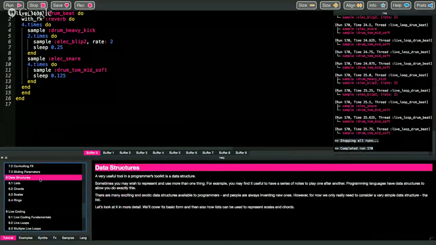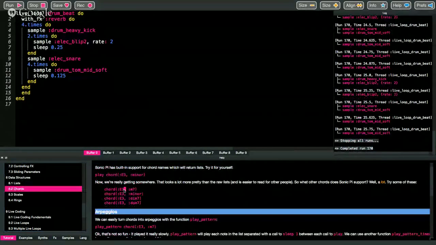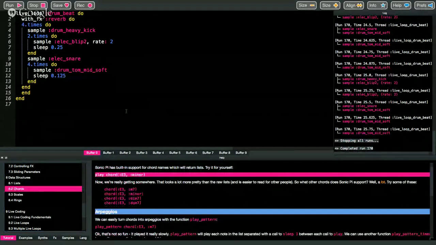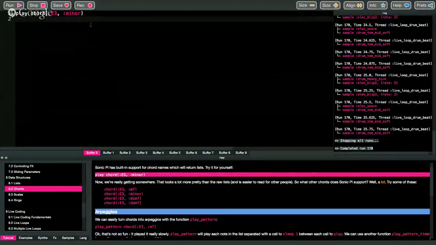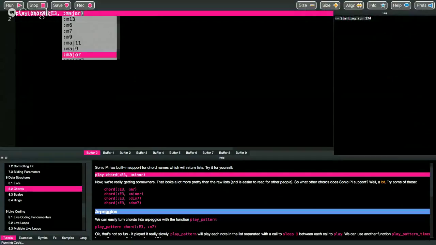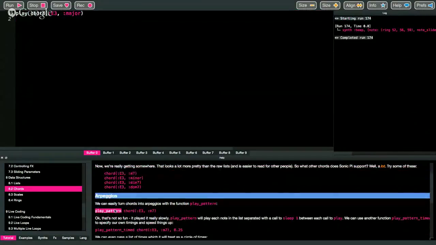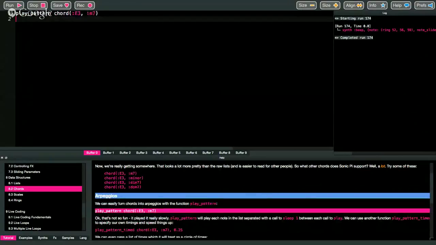And it talks a little bit more about organizing your data. They have some helper methods on chords, which are pretty nice. I could do something like, let's play a chord, E3 minor. It just knows that, or major, or whatever. So I can start to do things like that. I could also play chord patterns,